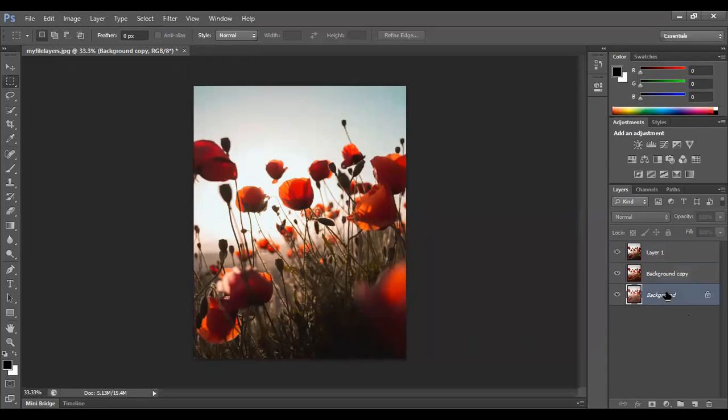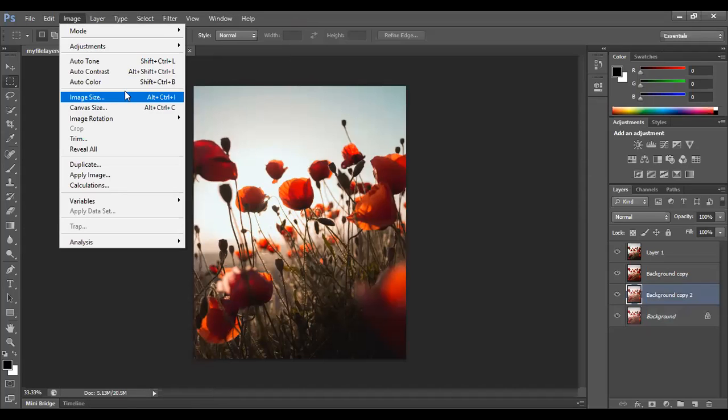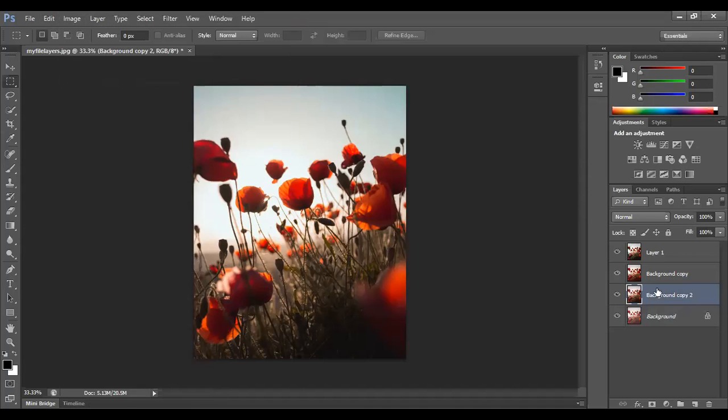I've done these steps, I'm just repeating them. Control J, go up here, image, auto color. Okay, I did these three. Now I feel which one looks best. Suppose according to me, auto color looks best. I should eye off auto tone and auto contrast and keep auto color on. Now this is my auto color layer which is on.